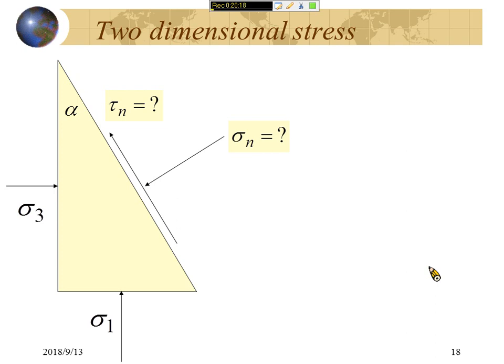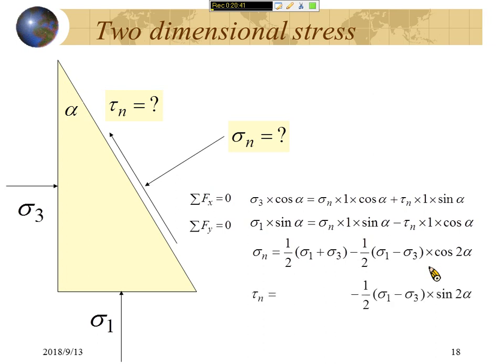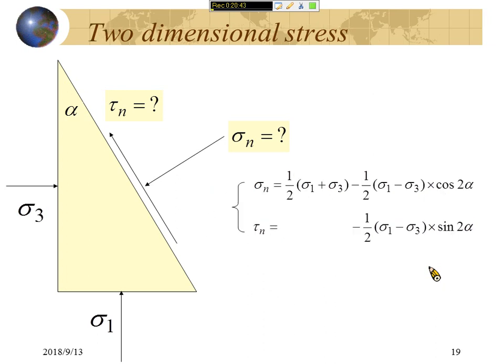In this case, you can always solve sigma n and tau from the force equilibrium. Again, the forces in the x and y direction equal 0. Then you can solve the normal stress and you can solve the shear stress. Again, normal stress, shear stress. You found